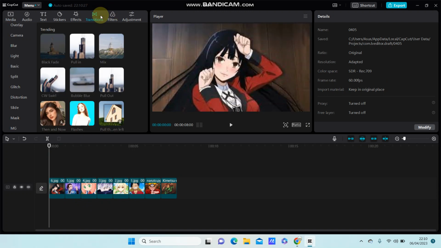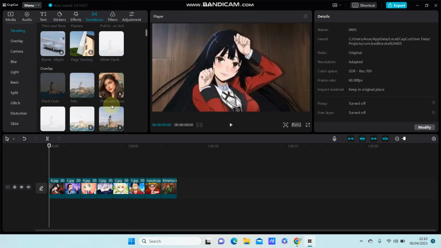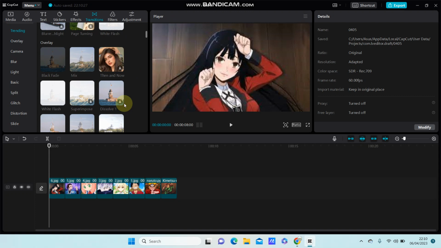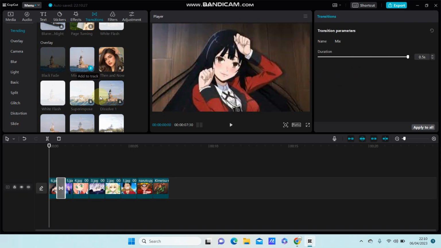Go to transition to add transition and select the transition you like available here. For example, I'm just going to add the mix transition. You can adjust the duration